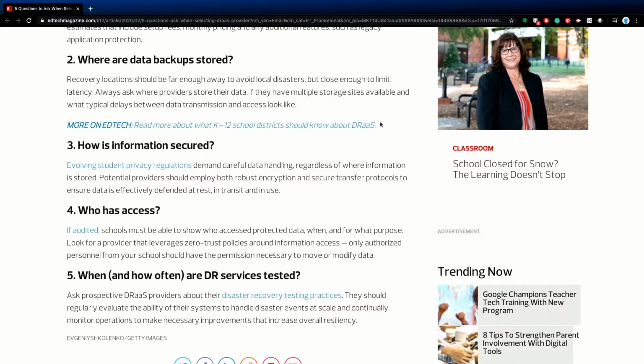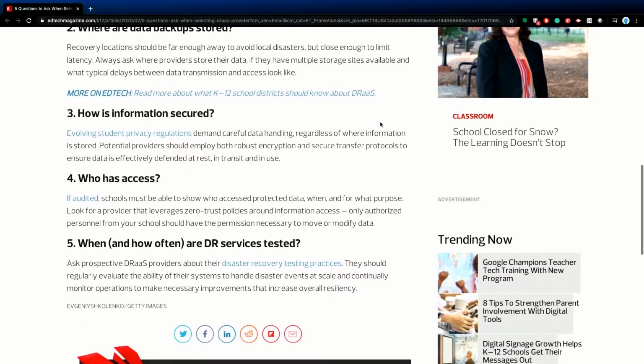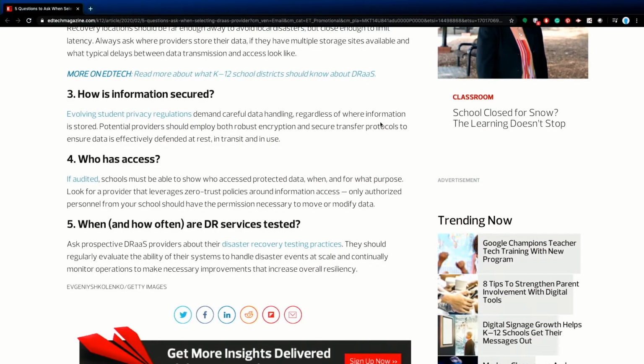Are they putting it in a separate silo, or do they have one large backup where all their clients' data is going? Yeah, it's a very good question. Which leads into number 4, who has access, right? Is my data sitting on a shared drive with 500 other clients? Who in the services organization is accessing my data? What are their security practices? How are they preventing people from within their organization and even from outside their organization from getting to my data? What are the controls that they have in place?